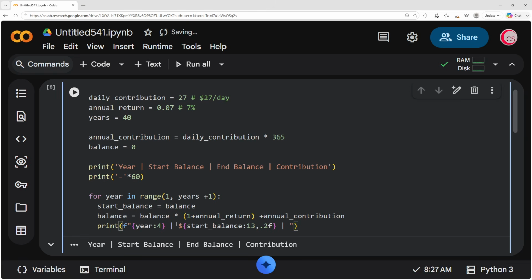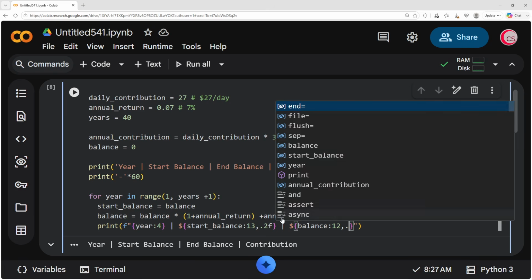All right. Next, I'm going to put the pipe again and then another $ sign here because now we want the imbalance. That's the next column, right? So let's put our curly brackets. What's the imbalance? That's just balance. Now let's do some formatting, 12 comma .2f